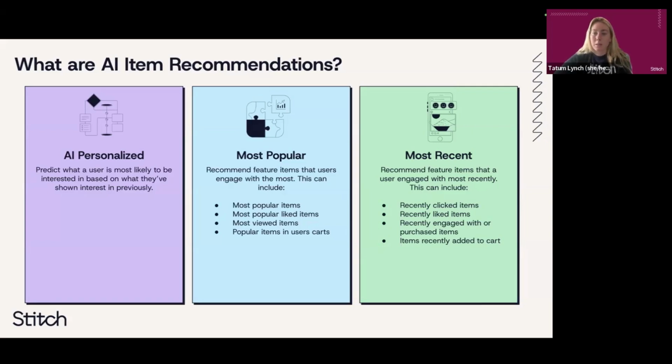And last but not least, we have most recent. So as you can imagine, this is just recommending items that a user engaged with most recently. This can be things like recently clicked items, recently liked, things along those lines. So let's go ahead and get into the Braze platform and see exactly how we can build a recommendation